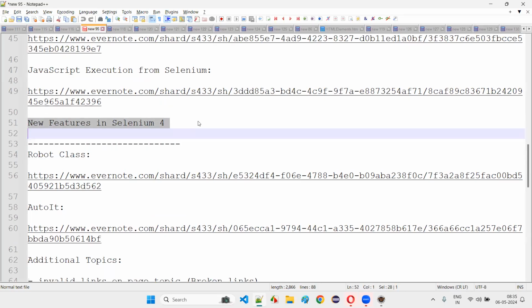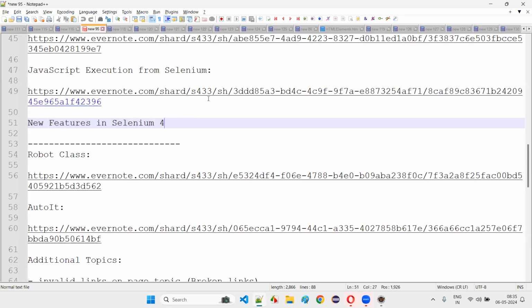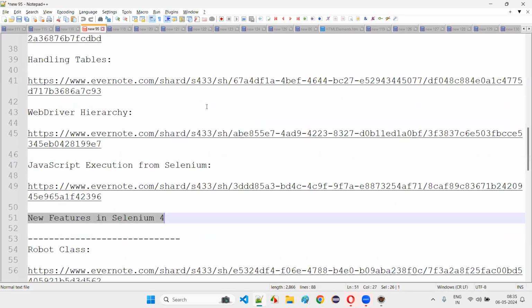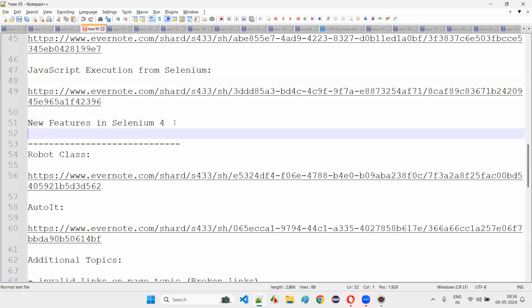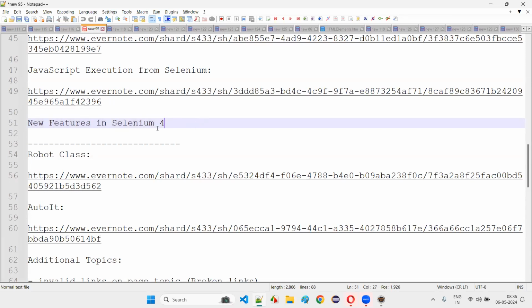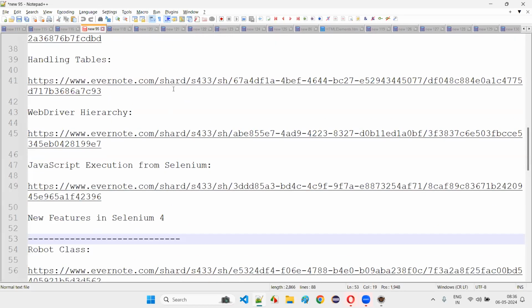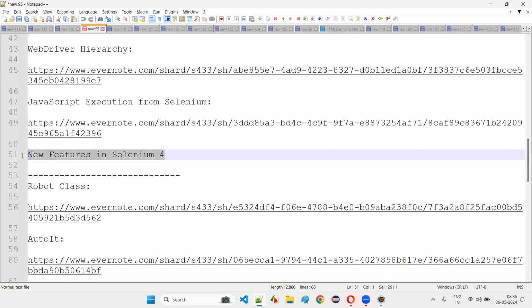A lot of features are there in Selenium 4. Frameworks or Selenium 4 features, that you have to see. This will definitely take 4 days minimum. 3 to 4 days minimum it will take. Or we can also plan the same thing because 2 weekends are already going off, right? So,